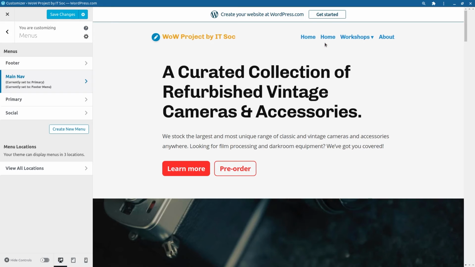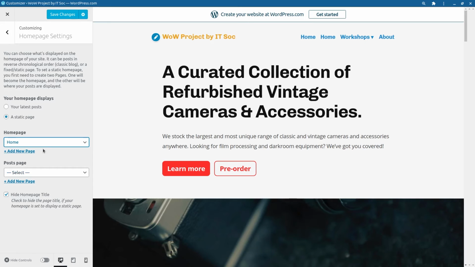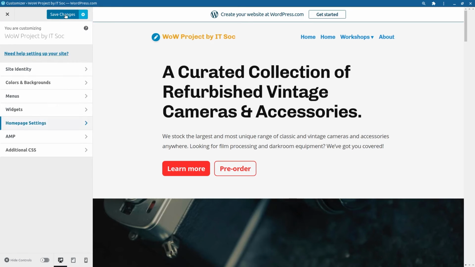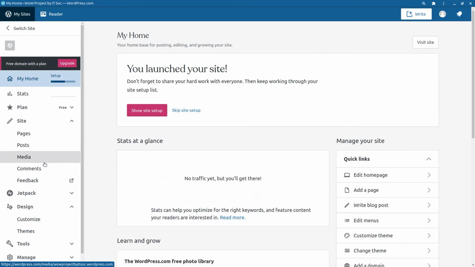So I'm going to add the about page, make it at the footer menu also. Now widgets and homepage settings, we can set it here. Never mind. Just leave it like this and save changes.